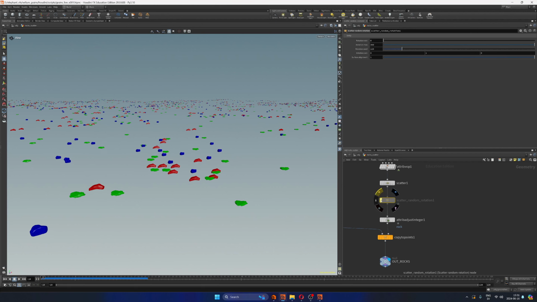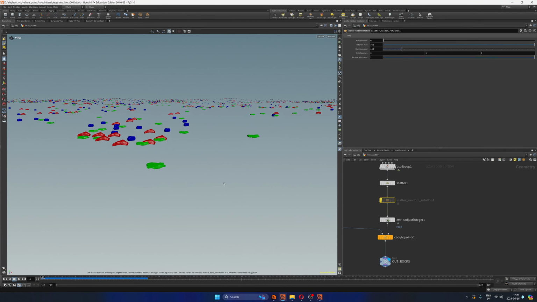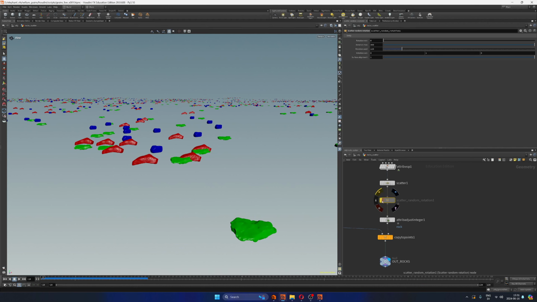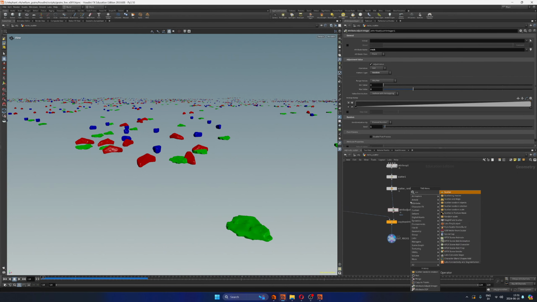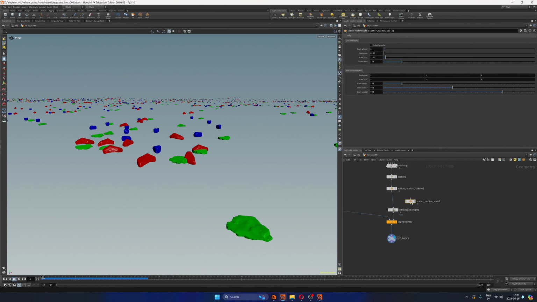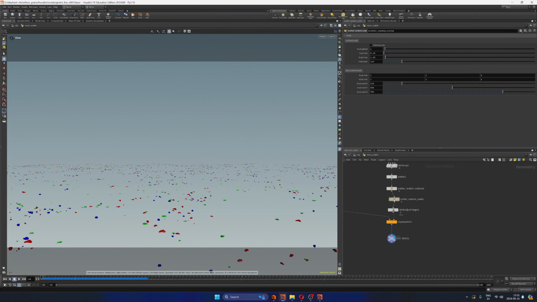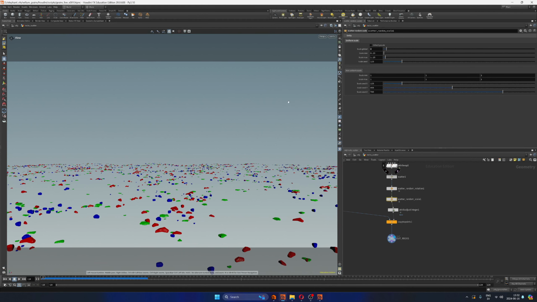So before they were all facing the same direction, as you can see there, and now we have a little bit of rotation. So that's good. And let's add a scatter random scale. There you go. And let's play a little bit with the scale. This is probably better done through the camera. So let's make them a little bit bigger in general, I think like 2 or something, but let's do something like that. Maybe a bit bigger,